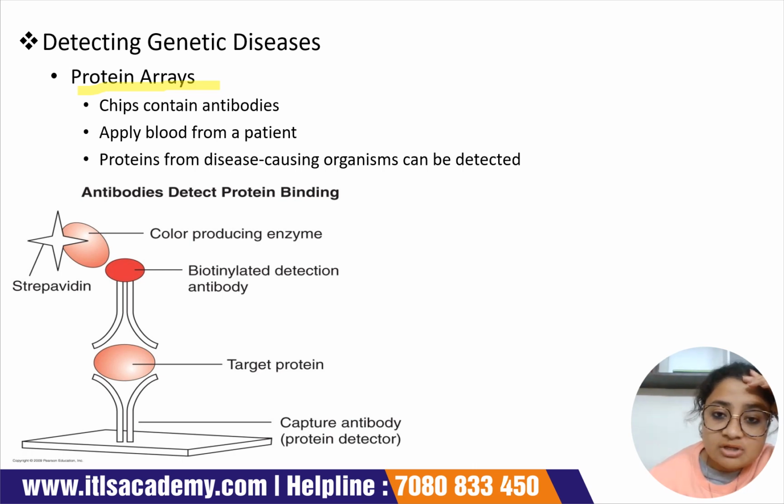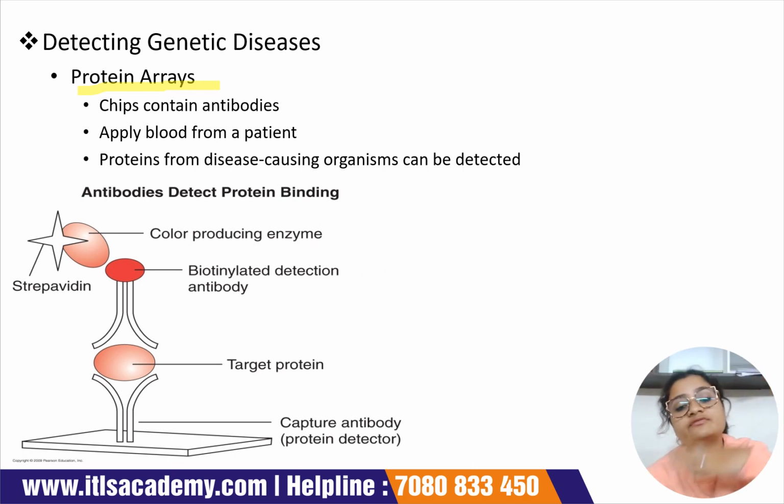So here basically we need to collect blood from the patient, because in the blood only, in the serum only, we will get the antigens or the antibodies. Then we need to design a particular antigen or antibody, vice versa, and we need to load or fix that antigen or antibody with the antibody, precisely with the particular probe. And in this case, as you can see, the probe is a color producing enzyme.